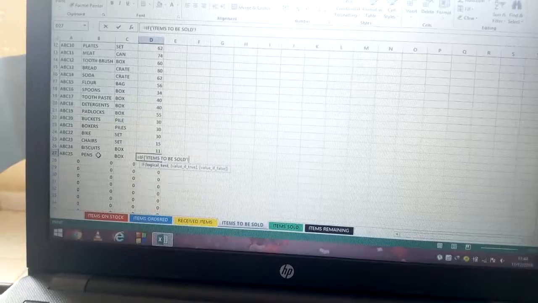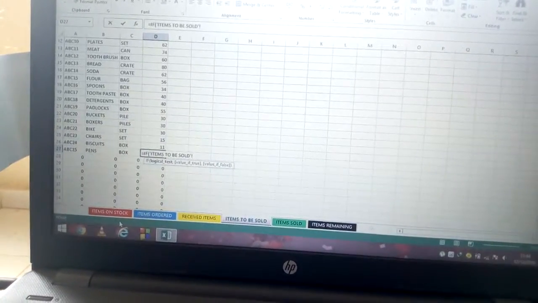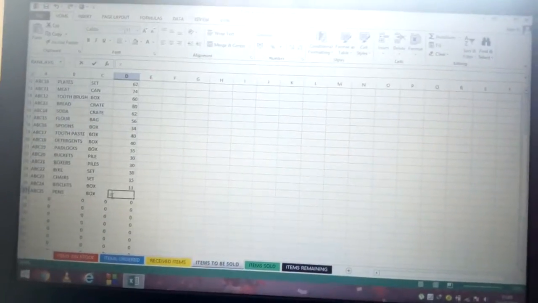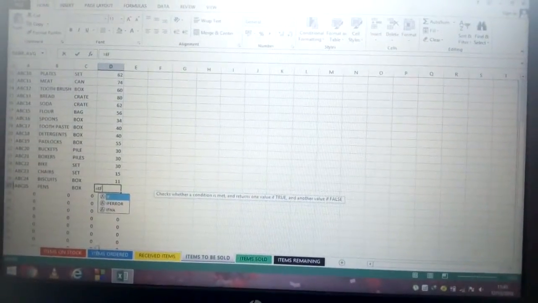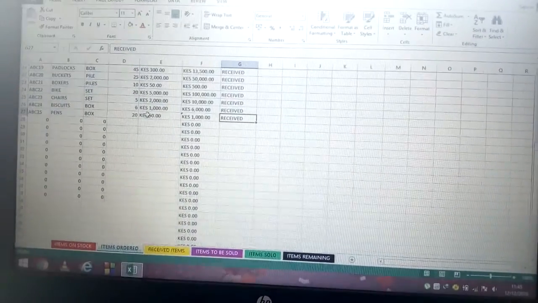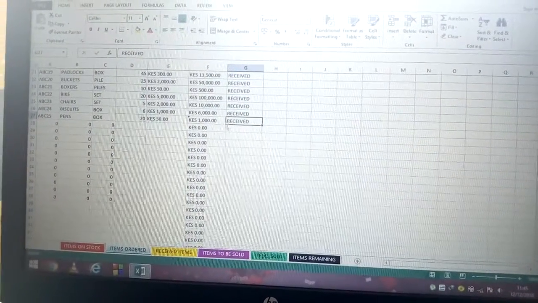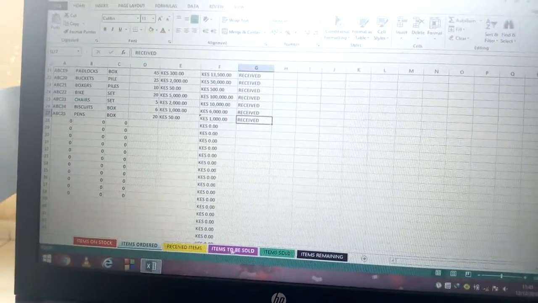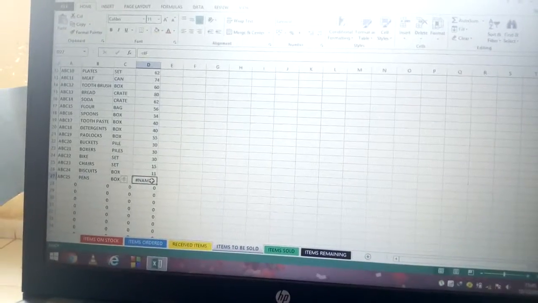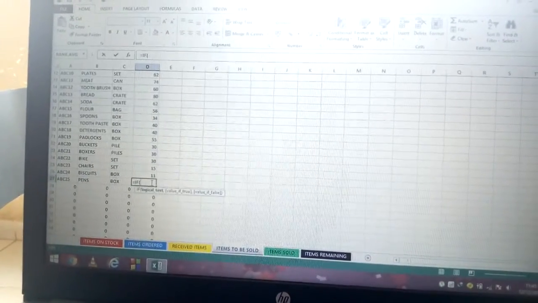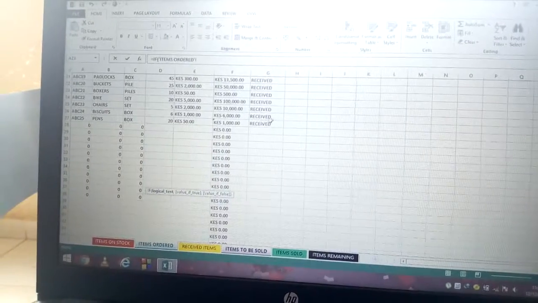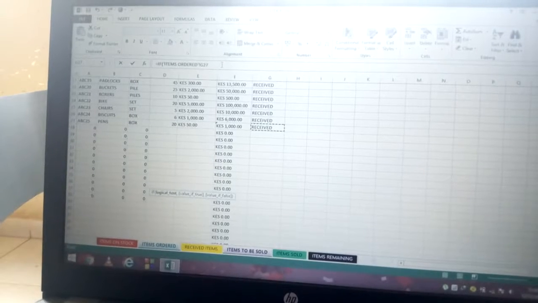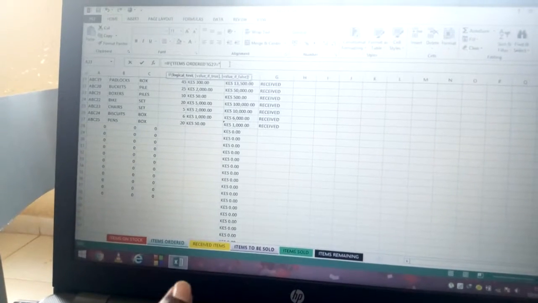If the items ordered, which is the pens, is received, that is, if this pen is equal to received, then